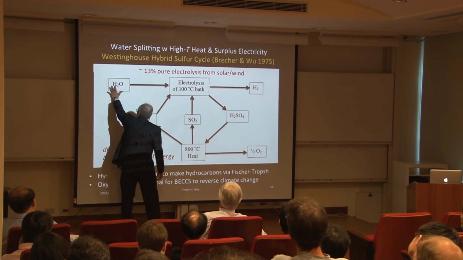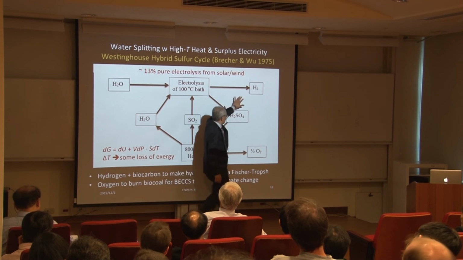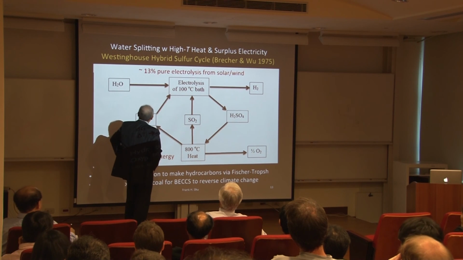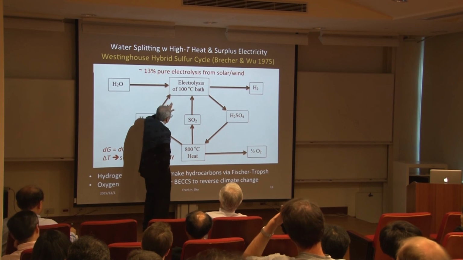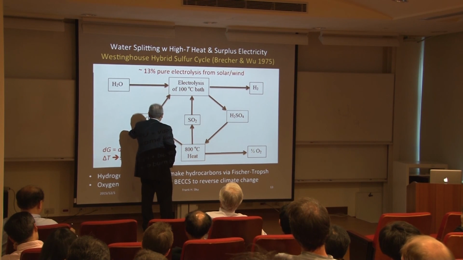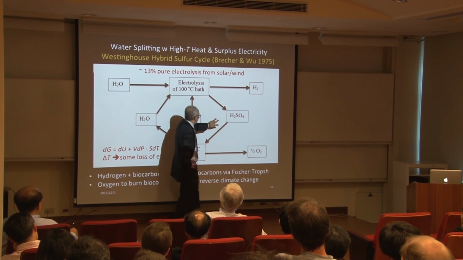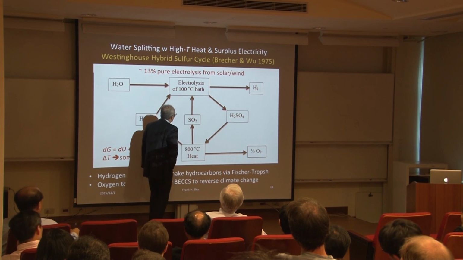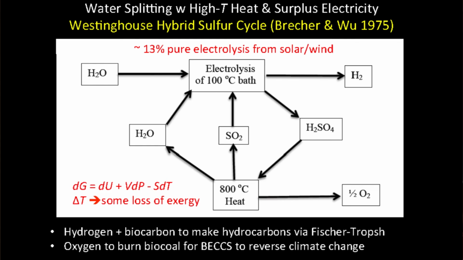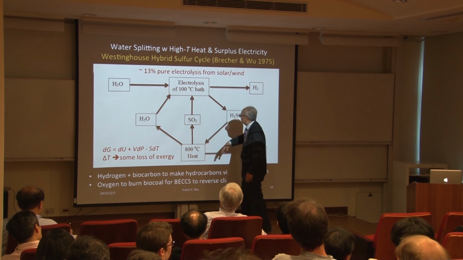What you would like is put in water, come out with H2 and half a mole of O2. So how do you do this? Well, water, as I said, is too difficult to dissociate. How about dissociating the combination where you feed in water, sulfur dioxide, and get out hydrogen and sulfuric acid? Then it turns out you could have it close to the boiling point of this thing, do electrolysis, and you will get out hydrogen because it's easier to electrolyze these three. So you come out with